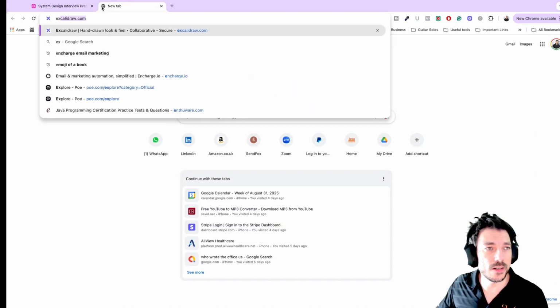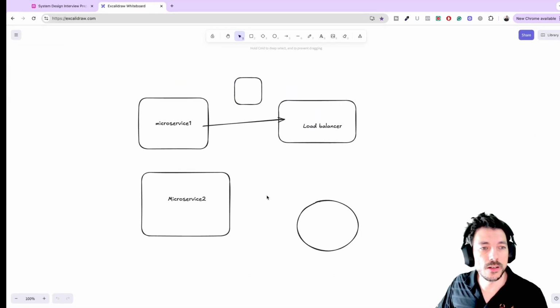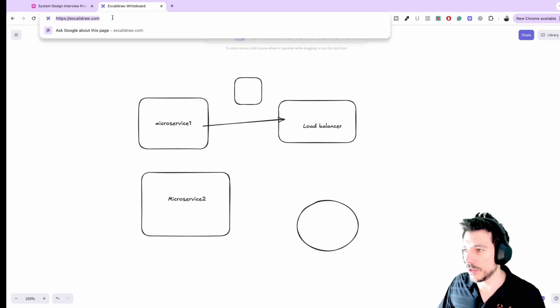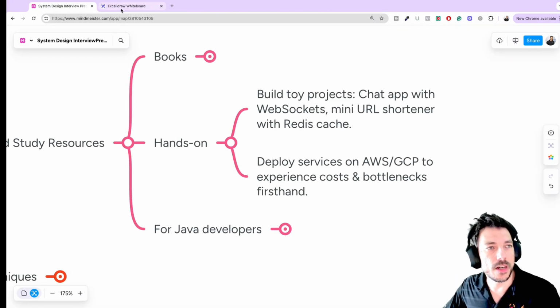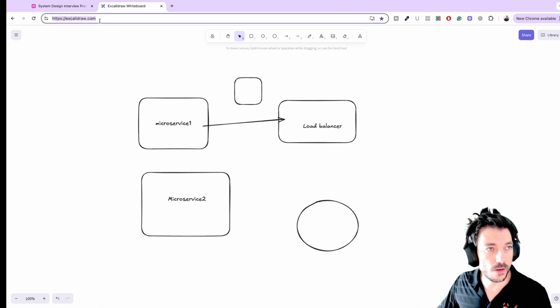So if you've never seen scalable, let me show you here. Scalable. So this is the scalable app. I'm not sure if you can see it. Oh yeah, you can. So just practice yourself, right? And you can even record yourself on Zoom or Google Meets, whatever the app, and you can see how it goes. Obviously, it's better to have the feedback from someone, but this is a start, right? Scalable is a common app and very famous for system design interviews. Okay, so let's continue. And I'll put the link of scalable here as well on the mind map.